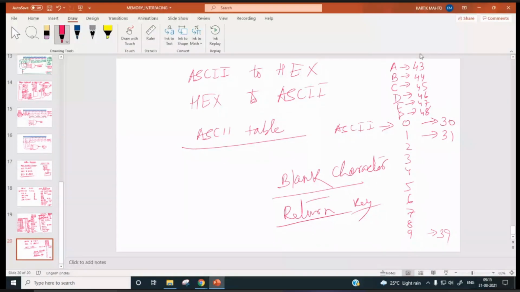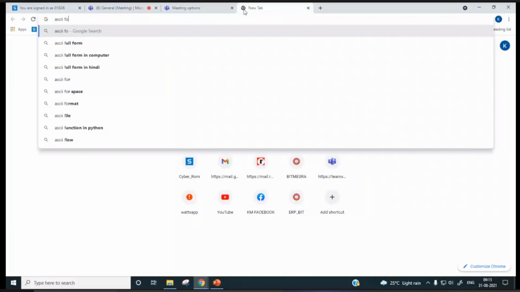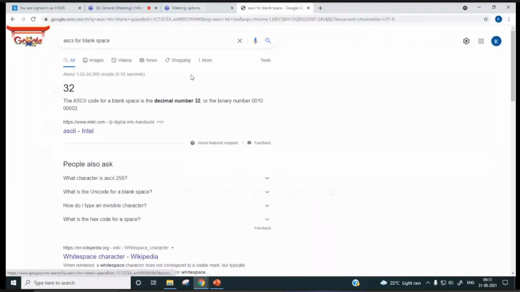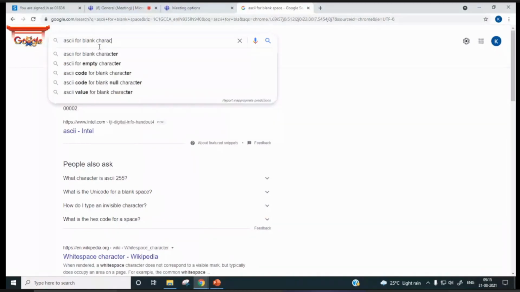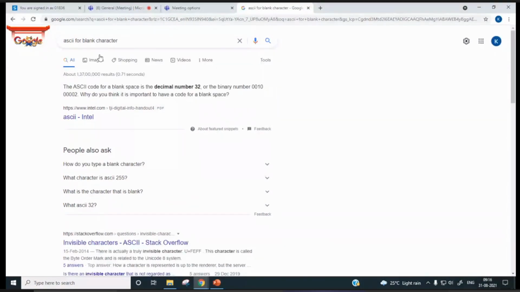But that ASCII code table, the blank space has an ASCII code. It means 20, no?